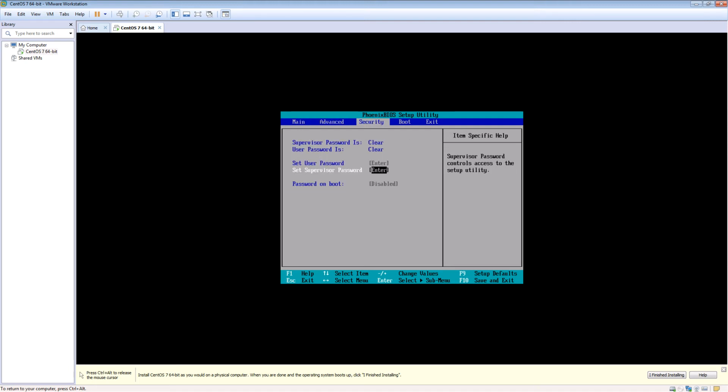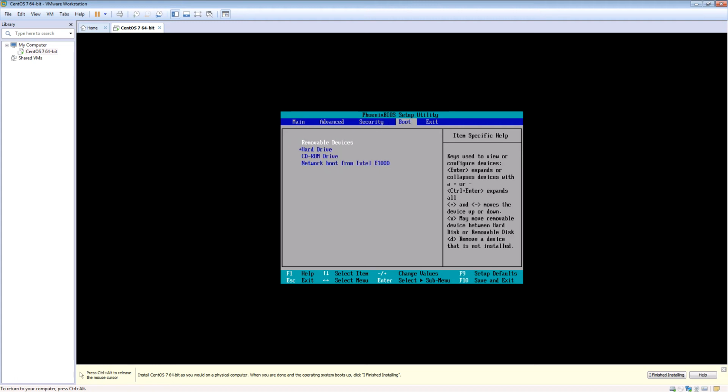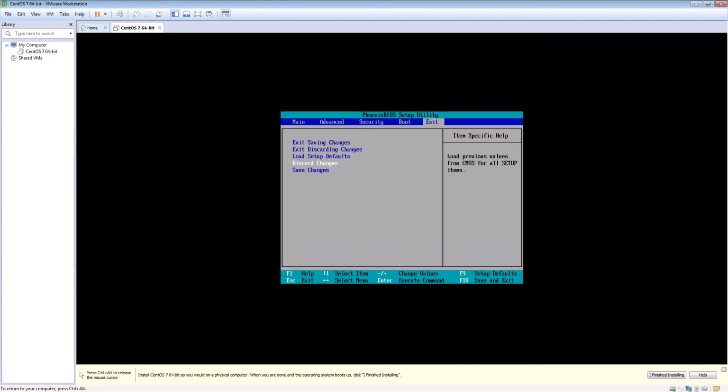It is the same as old BIOS versions, but you have the boot order or boot sequence, so you can change the boot order of your virtual machine from removable devices to hard drive, CD-ROM, and network boot from the network card. And if you're good, you can just go to the exit, and based on if you want to save it and exit or you want to discard it, you can select this one. Yes, and it will go through the same process, trying to boot from any media. If you have any CD or DVD, or if you have any ISO file, then it will go to any